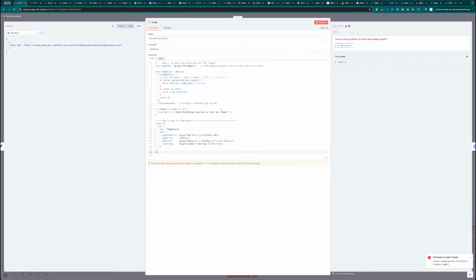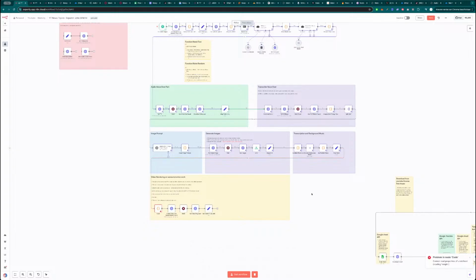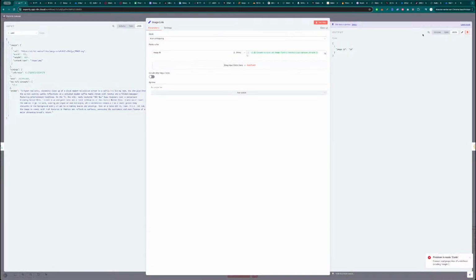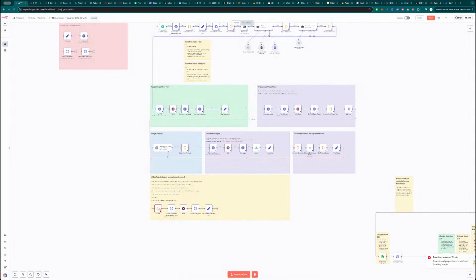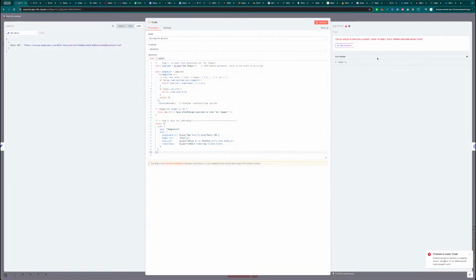No, we are getting the same error like before. Let me see what we can do about it. Image link, unpin it, and try it again. Test the whole workflow. We get the error again